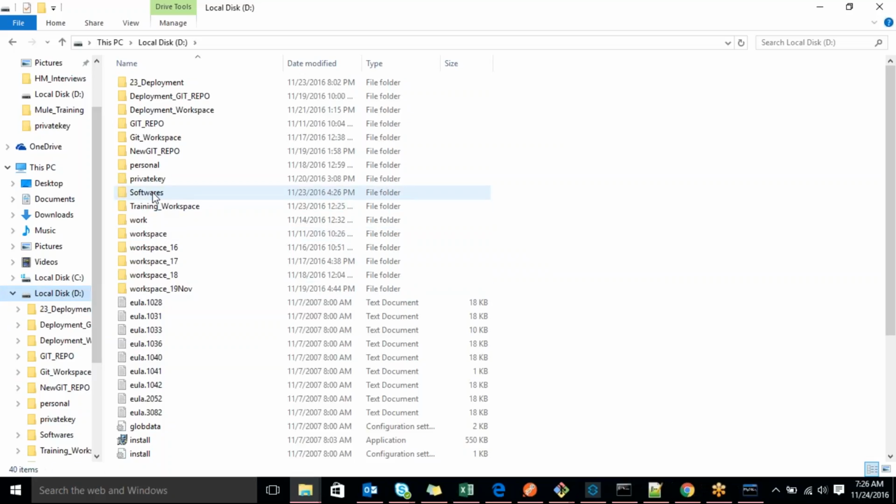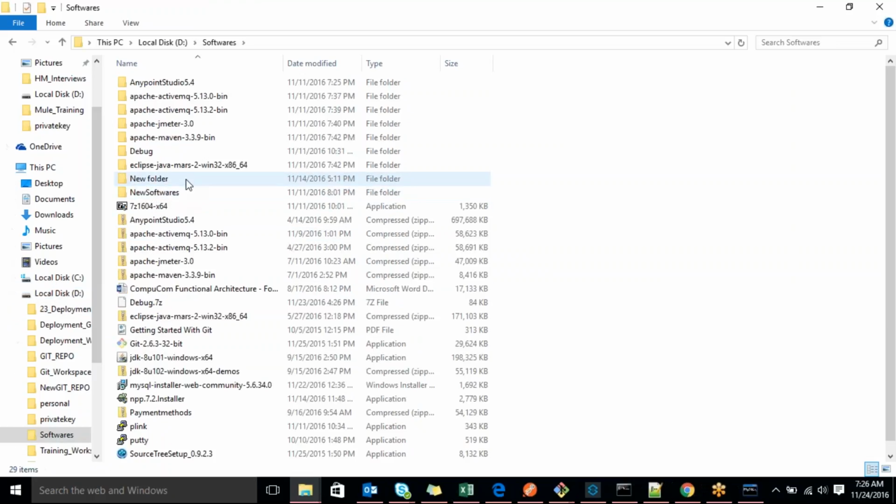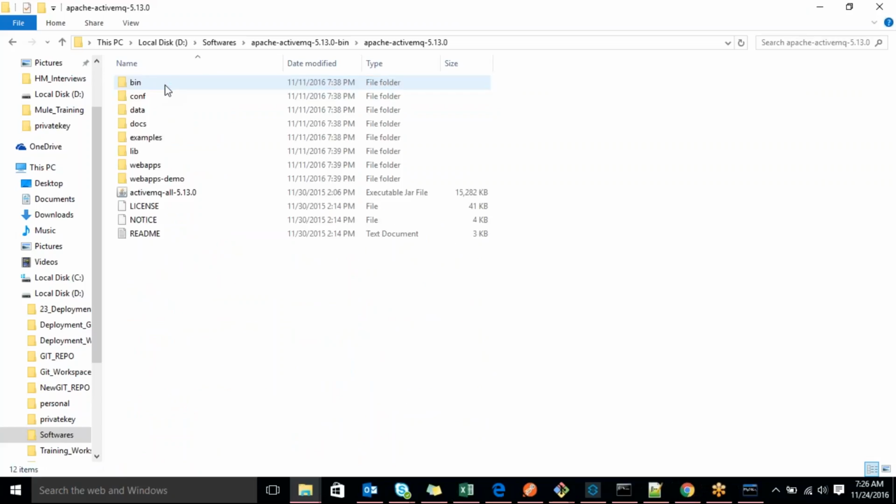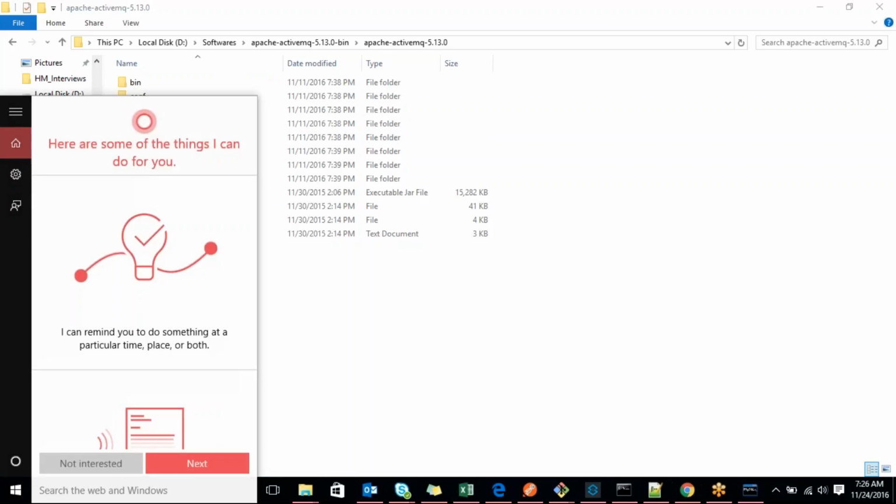Further, we have to install a software called Apache ActiveMQ. This Apache people provided, this ActiveMQ we have to install. This is the latest version, ActiveMQ 5.13.0. So how will we start this? I already installed it on my local. Install means just download the zip file and place it somewhere. Then you have to start that MQ.